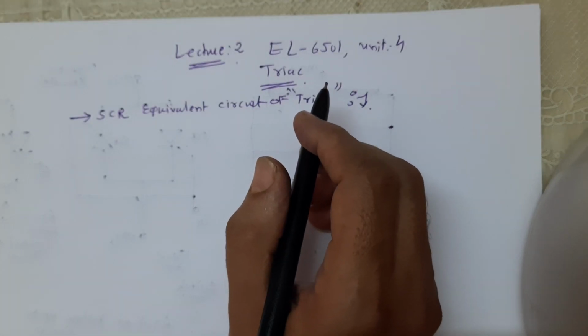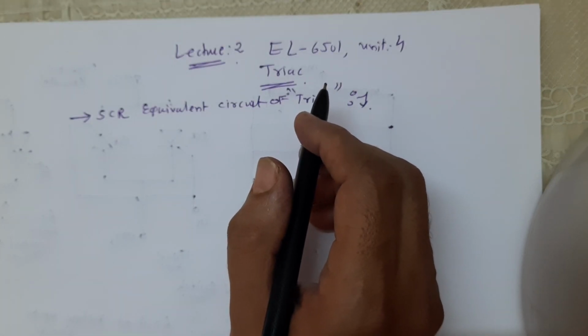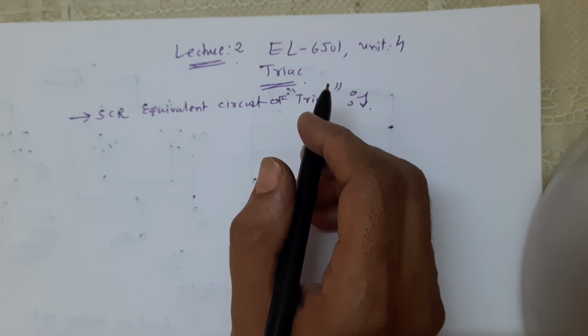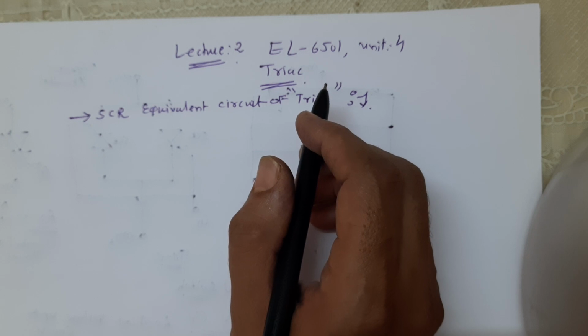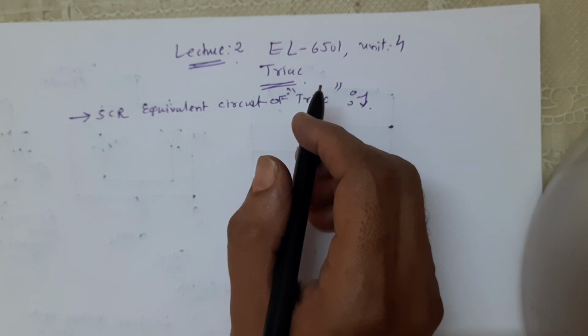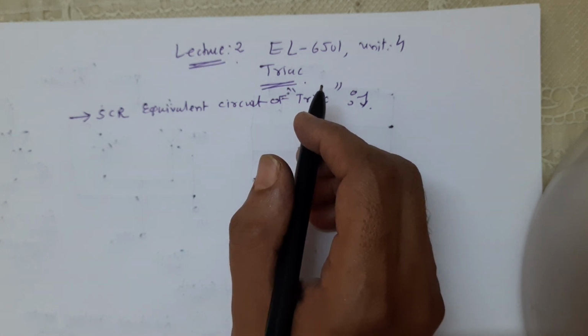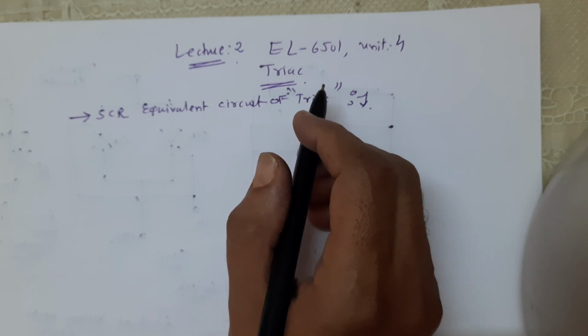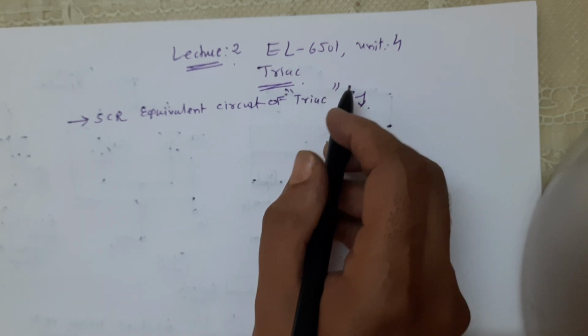We shall now see that a triac is the equivalent of two separate SCRs connected in inverse parallel. That means the anode of each is connected to the cathode of the other, with the gate common. Now we draw the figure which shows the basic structure of the triac. If we split the basic structure of a triac into two halves, this is your second figure. So the first figure is the basic structure of the triac.